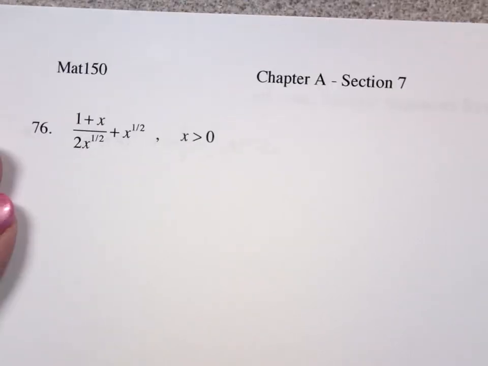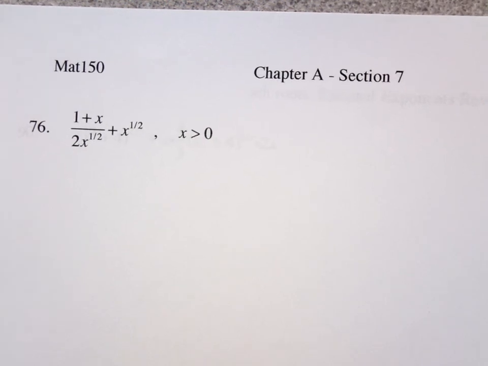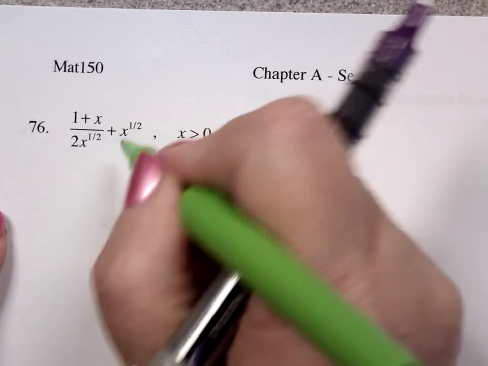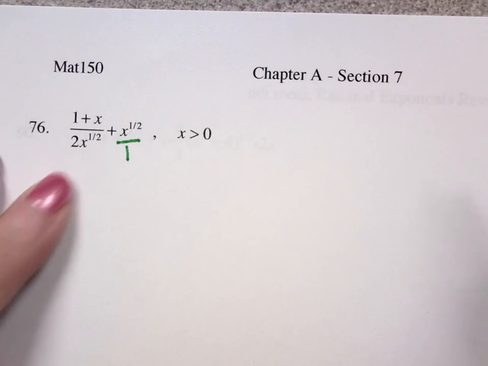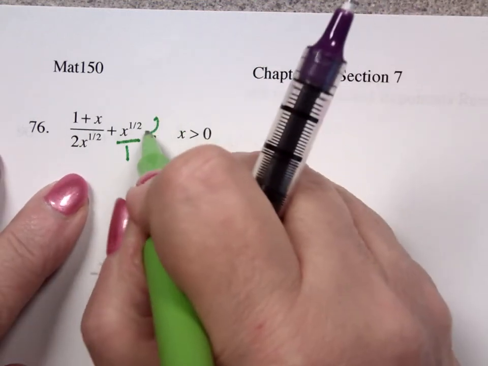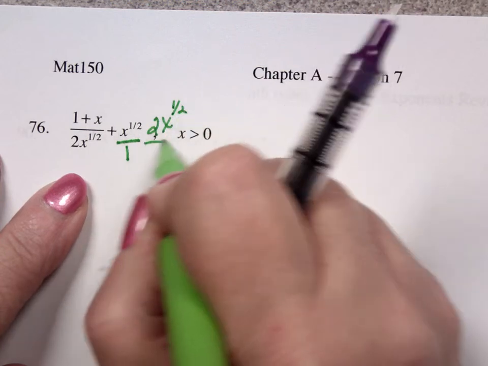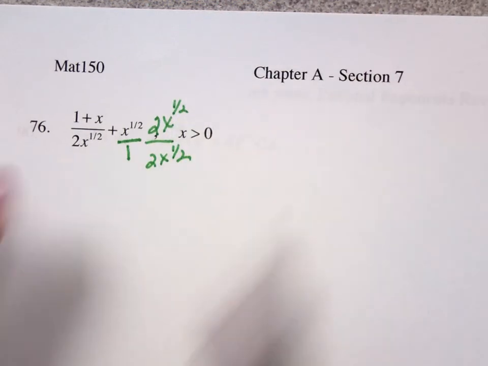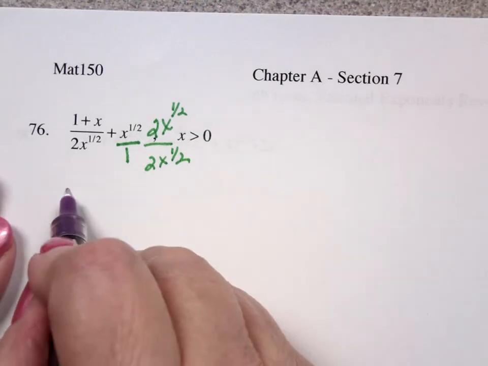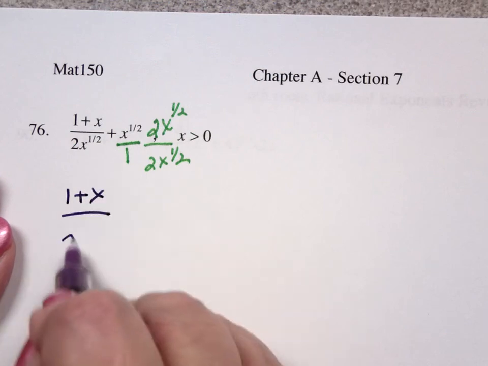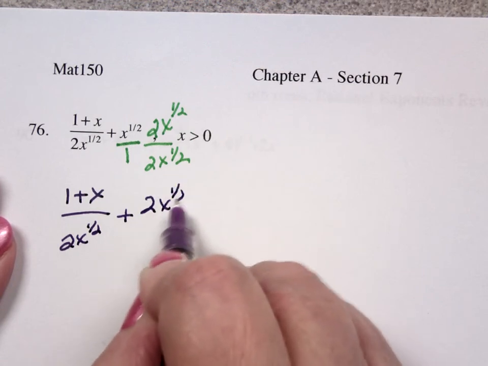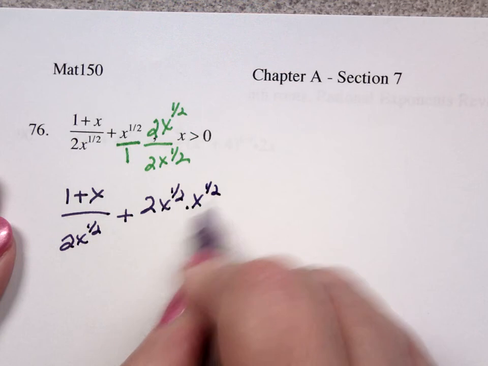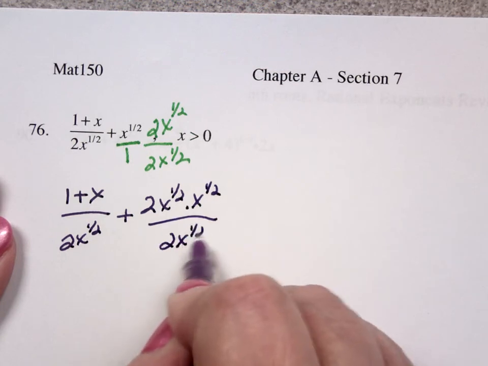Okay, so when I look at this particular problem, it's not a blob problem. So what I'm going to do is put this over a common denominator, and the common denominator is 2x to the 1/2 power. So I'm going to multiply by 2x to the 1/2 divided by 2x to the 1/2. This will give me 1 plus x over 2x to the 1/2 plus 2x to the 1/2 times x to the 1/2 over 2x to the 1/2,